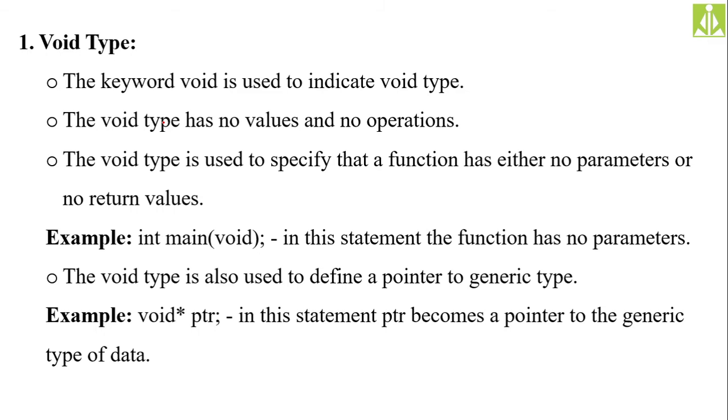If in your algorithm you want to represent that you're not performing any operation, you go for the null symbol. In the same way, in terms of data type, if you want to indicate that you're not taking any values or performing any action,